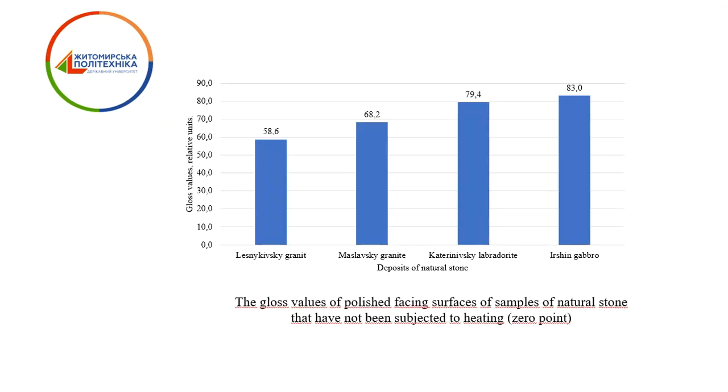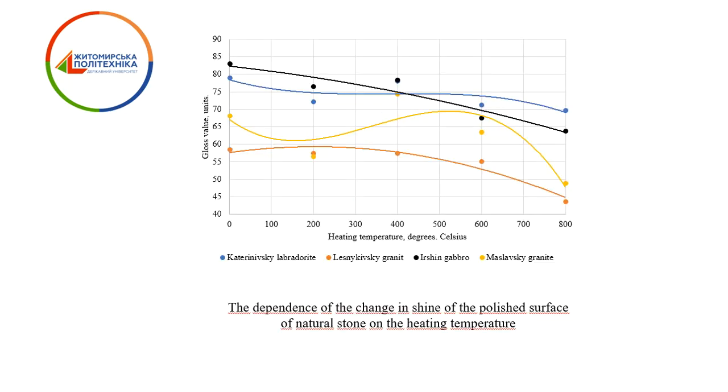Slide 4. When analyzing the initial gloss measurement data, point 0, in the control samples, it was found that the polished surface of the samples from the Rashinsky-Gabro deposit has the highest gloss value, and the Lesniki granite deposit has the lowest value. Slide 5. After the measurement and statistical processing of the measurement data, graphical dependencies were obtained, characterizing the change in the intensity of the shine of the polished surface of acidic and basic samples of natural stone, depending on the intensity of